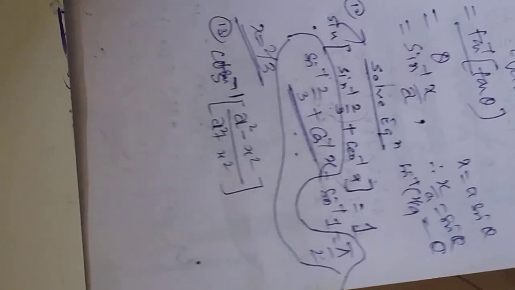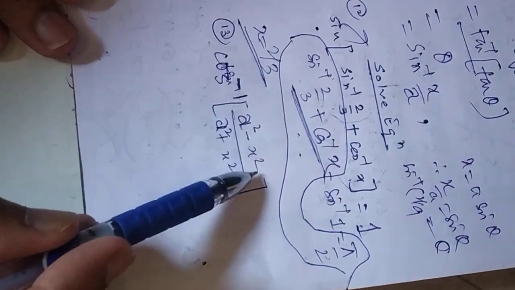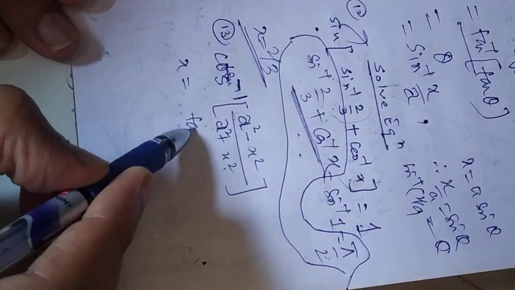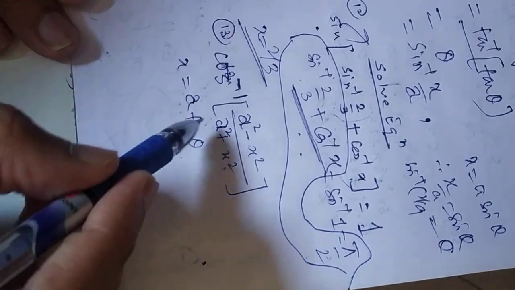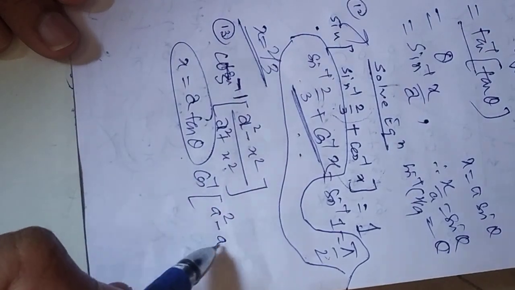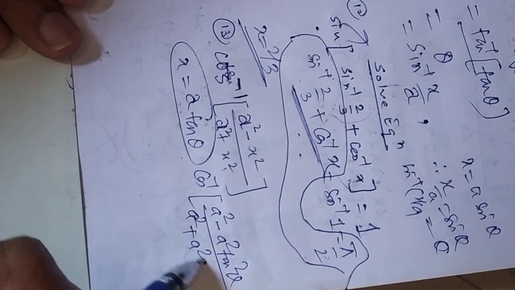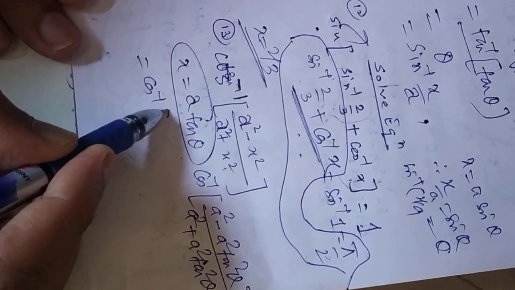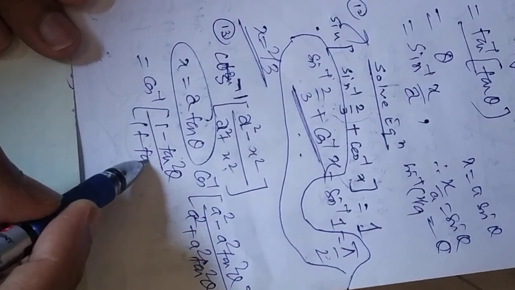Again going back, if a is there, cos inverse of, now here think about 1 minus x square, 1 plus x square. So x will be nothing but in terms of tan, but a will be suffixed over here. So if you are making this replacement, it will be cos inverse of a square minus a square tan square theta upon a square plus a square tan square theta. So that a square you can take out common and it will get cancelled. It will be 1 minus tan square theta upon 1 plus tan square theta.